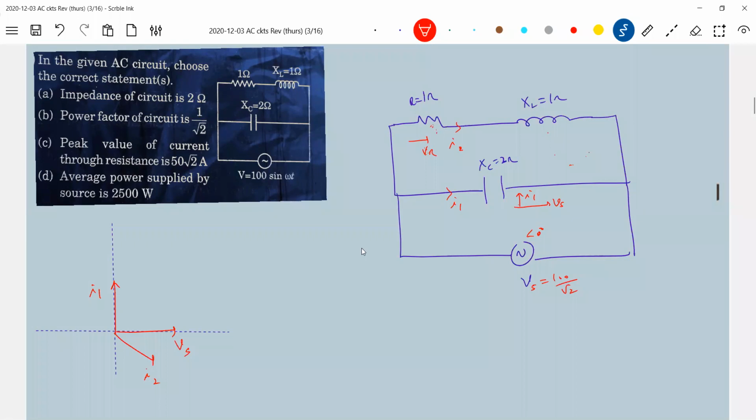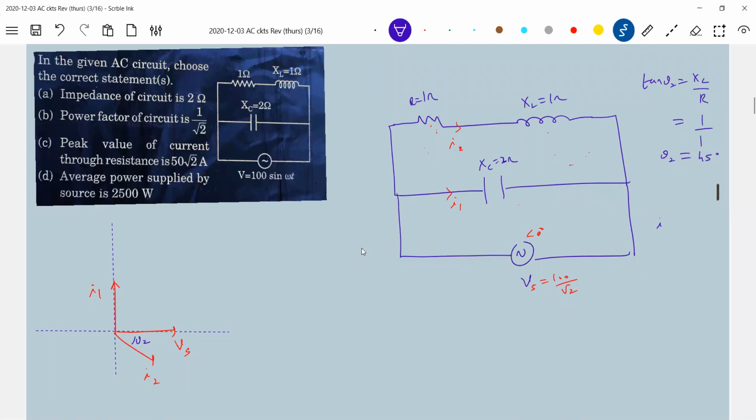So for some parallel circuits, try to avoid the phasor diagram unless the question demands it. I think we can manage in this particular problem. Look at this RL circuit: the current lags the voltage. By what? The phase angle. How do we calculate this phase angle? tan theta 2 should be equal to XL by R, so this will be 1 by 1, 45 degrees. So we know this phase angle.